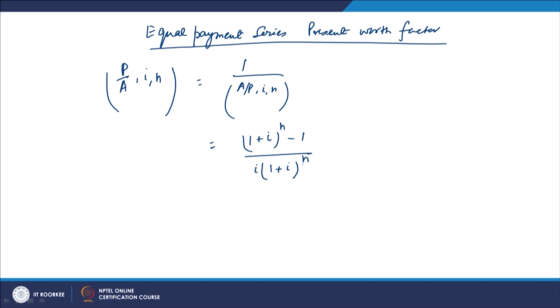This factor, when multiplied with A, gives you the present worth. So, when you require to know how much should be invested now, what the capital should be now, so that you are going to get a certain amount A as equal year-end payment